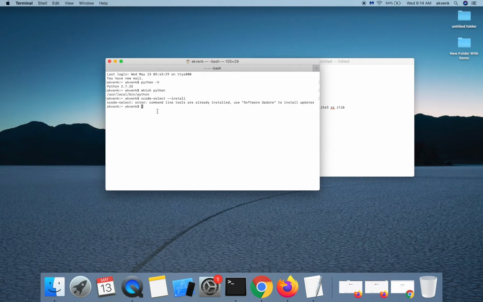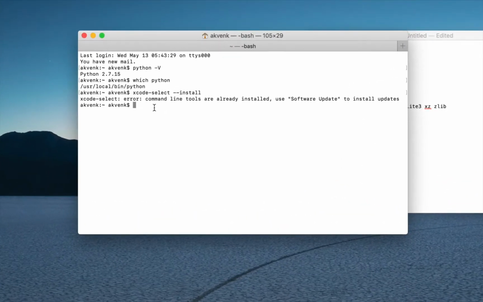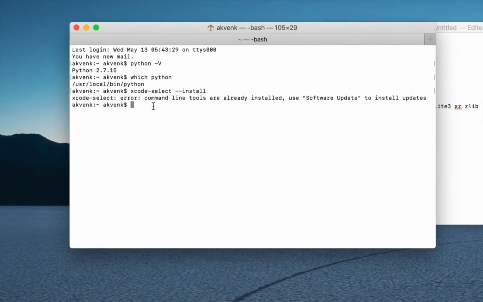If you see a message like this, no, don't worry. It means that the command line tools are already installed on your Mac. If it is not installed, you will see a pop-up to continue the installation. Please complete it and then come back.